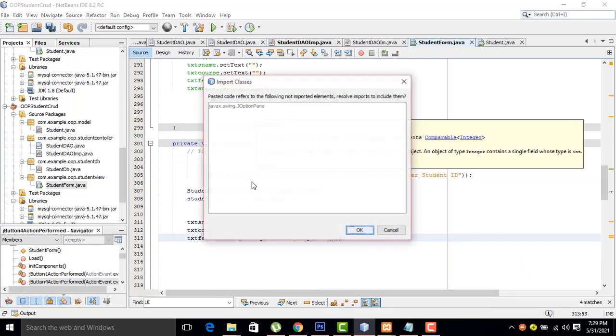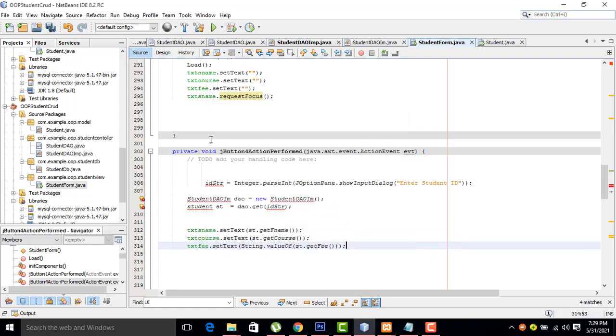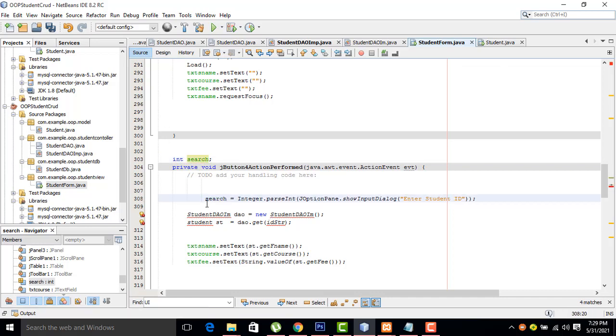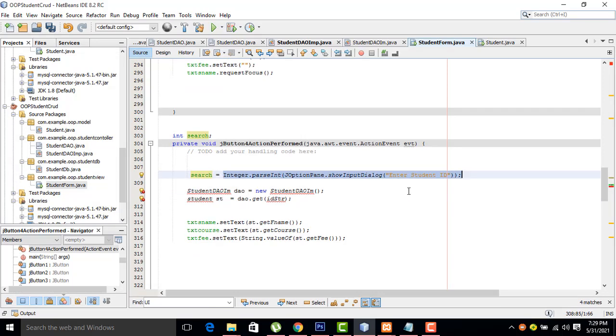Now here what I did is we have to create the variable, int search. I get the variable search. This variable I get it here. Right. For the search variable I have to create one input field.